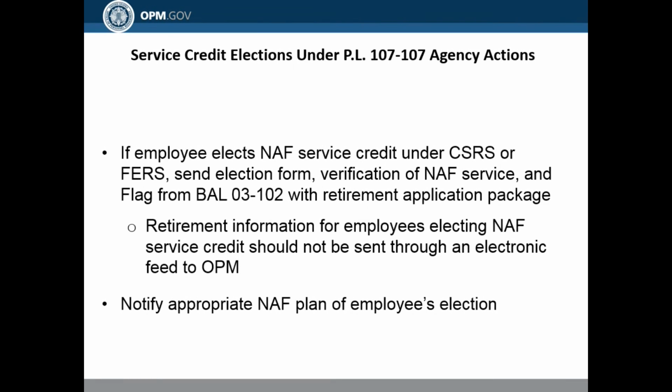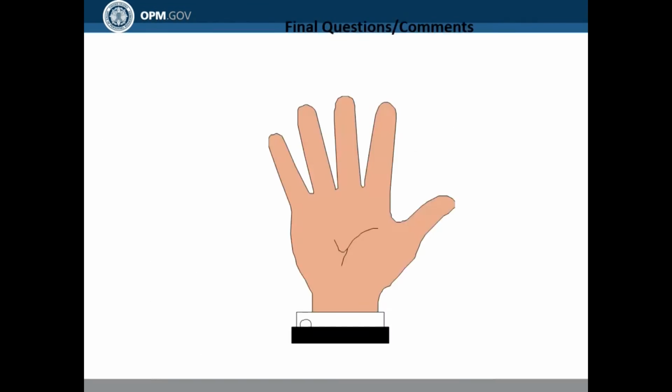What I would suggest everyone do is, when you encounter a case with NAF service, walk through all of these. When you start getting into the case-specific ones, it gets a little challenging without having all the dates and understanding which public law it's under. If you have any questions, contact your agency liaison with the specific dates, the specific lengths of service, and the specific length of the breaks in service, if there are any, and we'll help you with all that. We'll definitely help you with any of the NAF cases that you have, because we realize it can get really complicated.